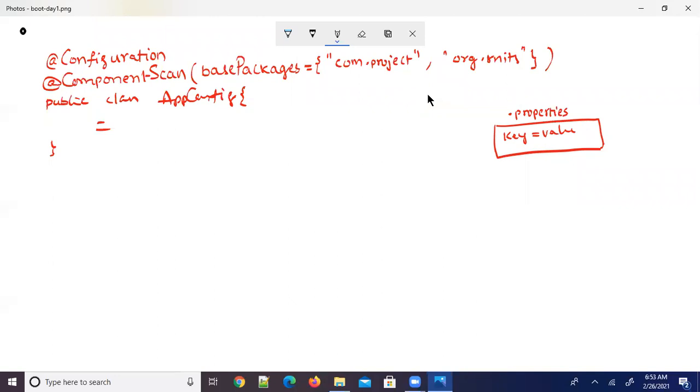When we define some properties files to configure application properties, then these properties also must be loaded.